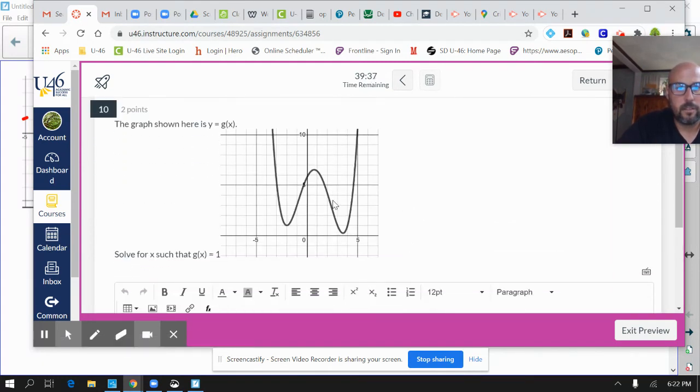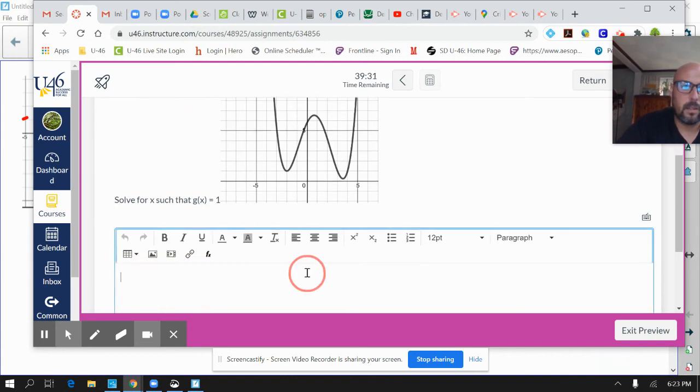Here's the graph of g of x. What are the x values so that this function equals 1? Well, here's when y equals 0. If it said, what are the zeros, I would say there are no real zeros because it never touches the x-axis. But it does equal 1 here,